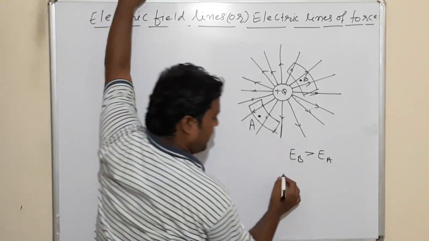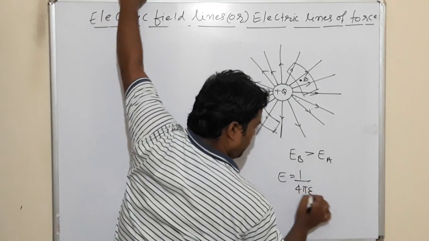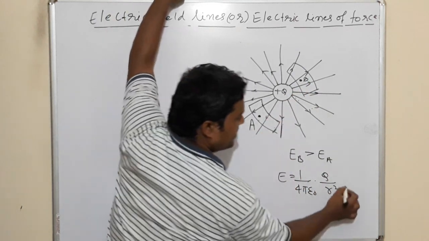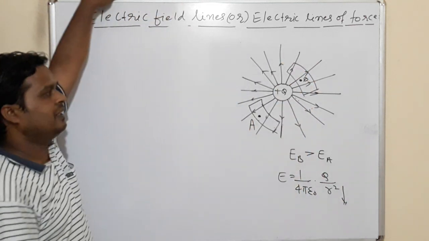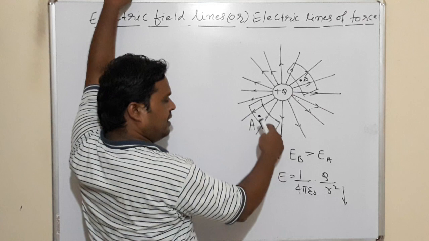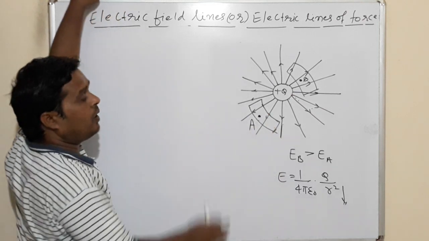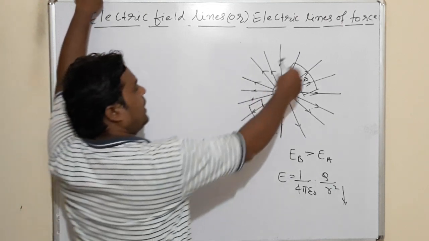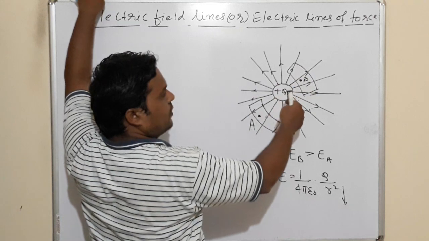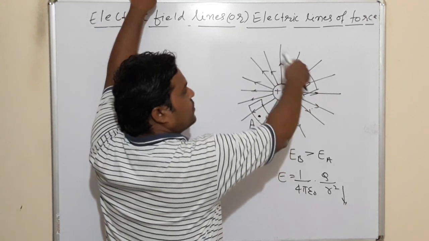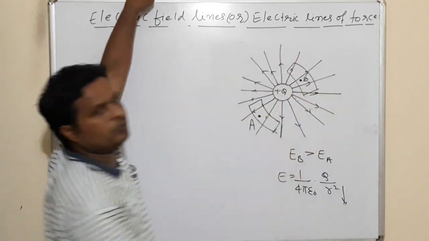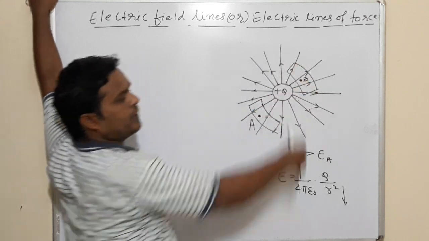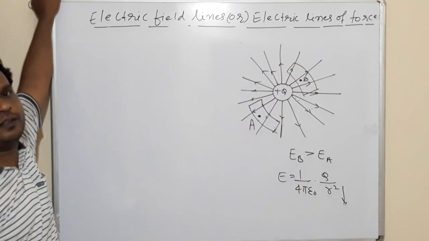Let me ask, what is electric field due to a point charge? 1 by 4 pi epsilon naught q by r square. R means this distance. If distance is less, then the field will be more. This is a strong field; here the field is weak. How will you represent this geometrically using electric field lines? If you draw equal areas at these points, where the number of lines through a given area is more, the field will be more. That means the crowding of electric field lines at a particular point indicates the strength of the electric field.